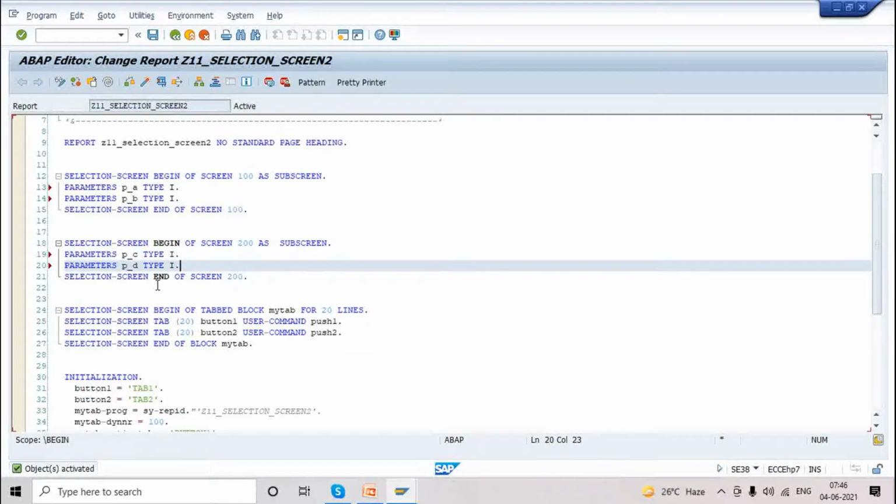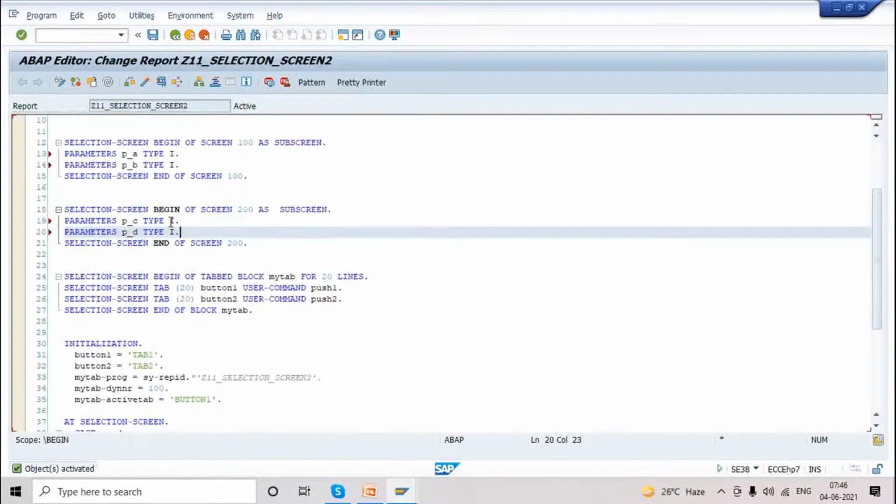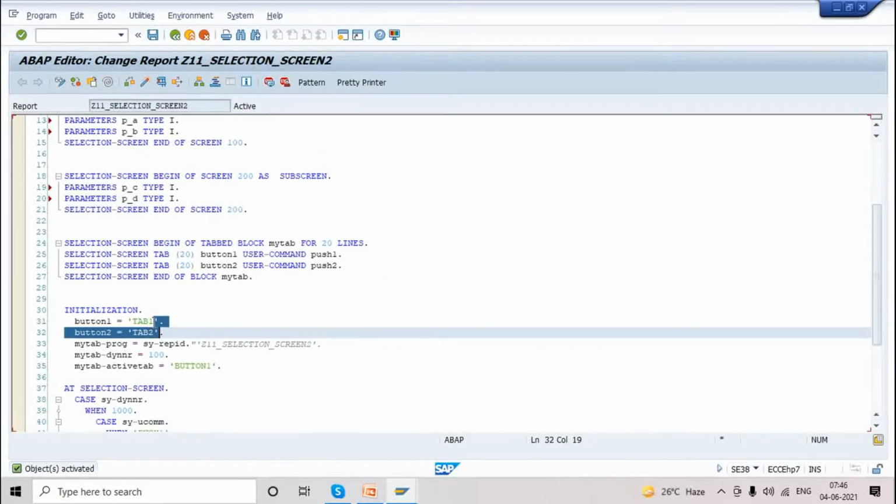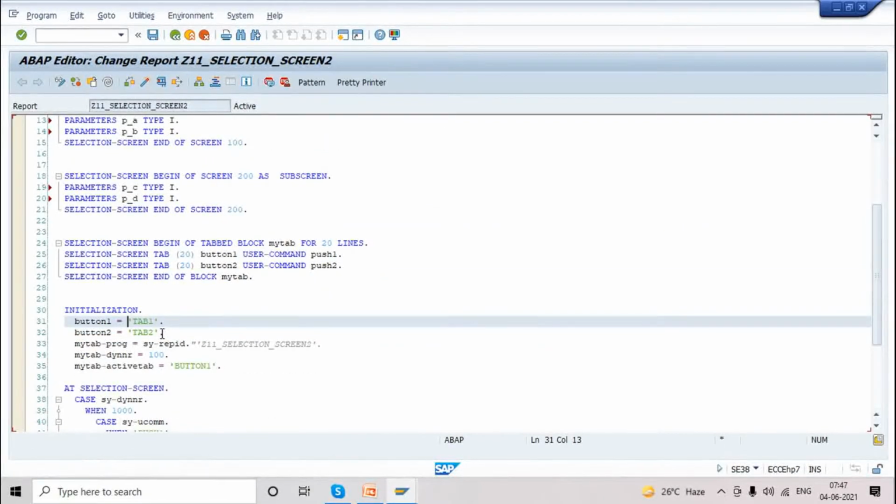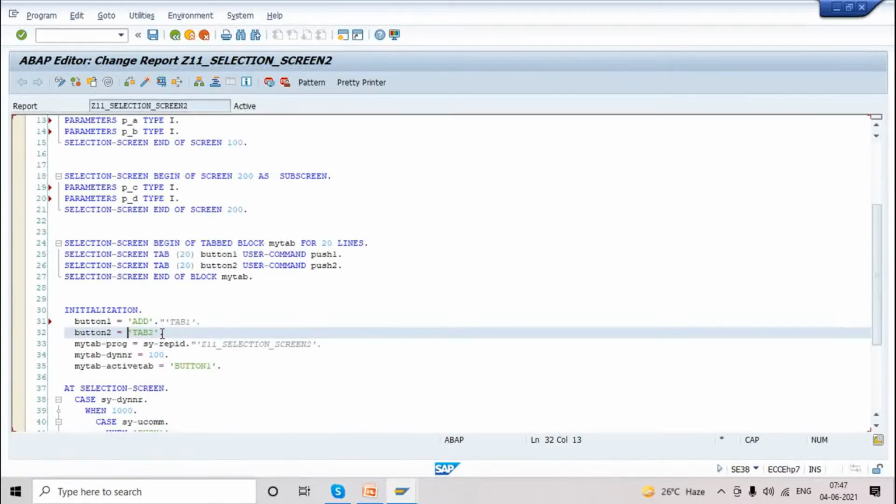So we created 4 parameters. Here, instead of tab 1, we'll mention addition, and instead of tab 2, we'll mention subtraction.